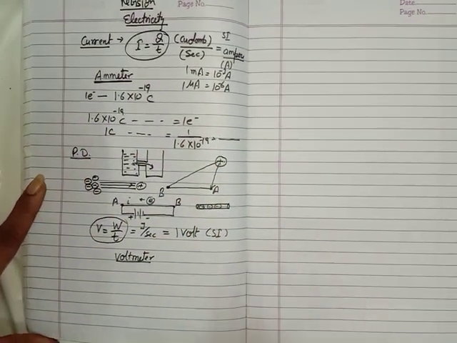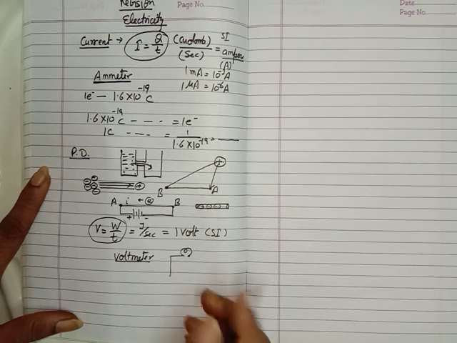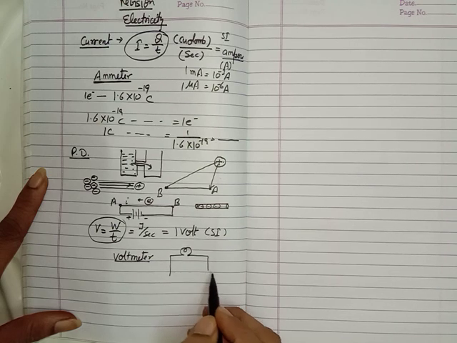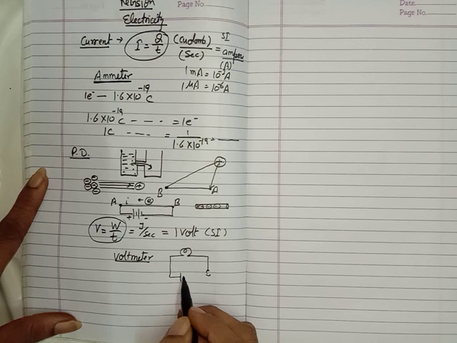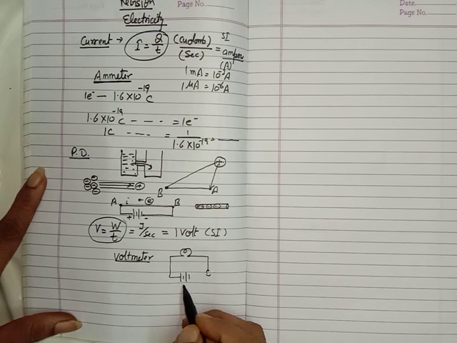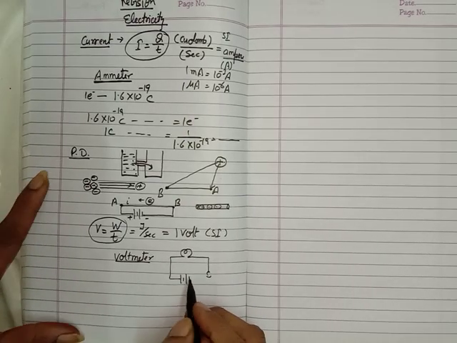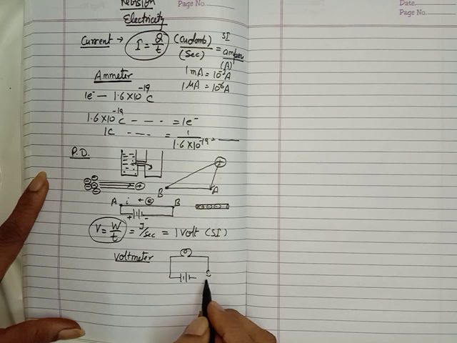Suppose here is a circuit. I am using a bulb here. We use this sign for the bulb, and this is the connecting wire, and we know that this is the key, and this is the open key, and this is a cell or the battery. I am using the battery. Battery means 2 or more than 2 cells combined to form a battery. And this is the connecting wire. We can also use a key here.